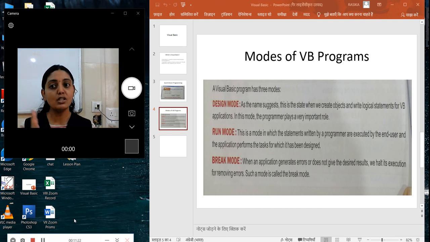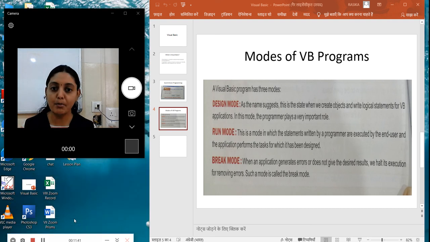So the person who takes my design and stitches it, that time when he is starting stitching is nothing but your design mode. Sorry, run mode. The person is stitching now. So that is nothing but your run mode.